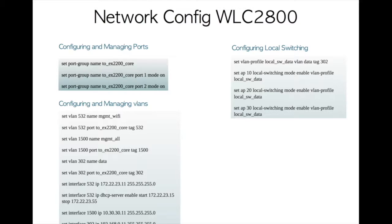When the optional tag value is set, it is used as the 802.1Q tag for the VLAN. And of course, we need to enable local switching on a WLA access point, which is connected to the controller through the intermediate layer 2 network. Okay, you see, I just created a VLAN profile named local switching data with VLAN tag 302, and I just applied it to